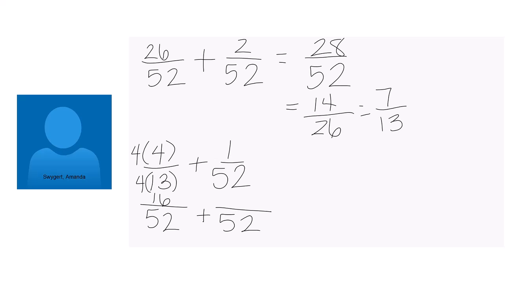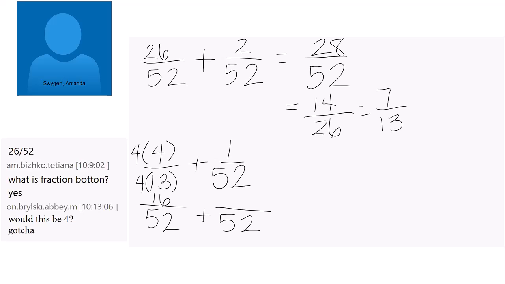So what that means is that these two fractions are equivalent, okay? And to prove that to you, you could type them in your calculator. If you type in 4 over 13, which just means 4 divided by 13, and if you type in what we just got, 16 over 52, so 16 divided by 52, you're going to see that the decimals that you get are exactly the same. And what that means is you did it right. These are equivalent. All right, so that turns into 16 out of 52.